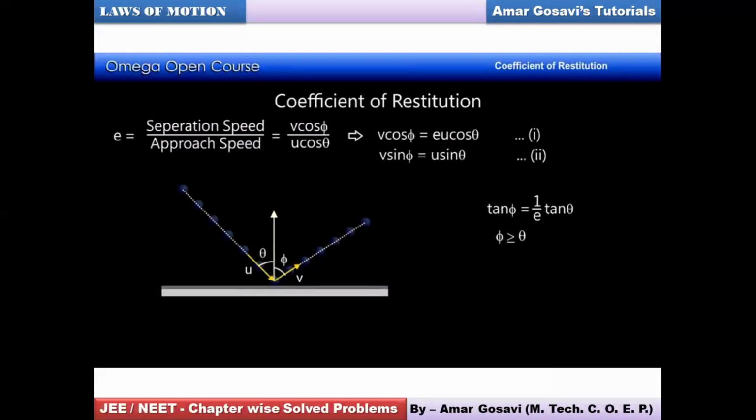So just try and observe this. Forget about looking at the equations. Just check out the diagram first of all. If you directly look at the equations, it may appear to be a complicated thing. Just look at the diagram, friends. So here you can see, u is the approach speed of this ball, which is inclined. Say the angle of inclination is theta with the vertical, and when it hits the floor, again it moves in an inclined manner. So v is the final velocity, but the angle with the vertical is phi. So these are two different angles.